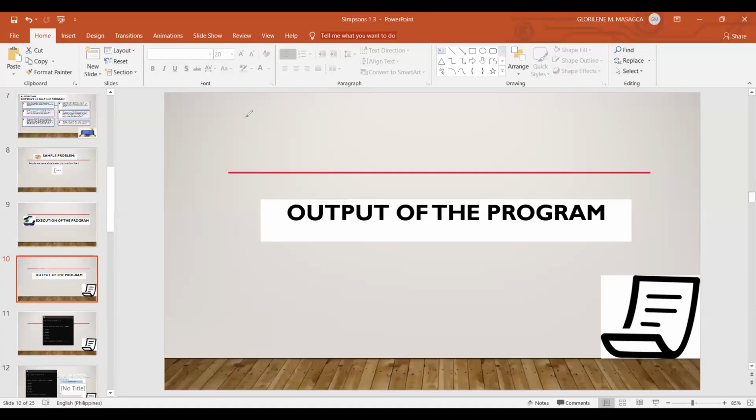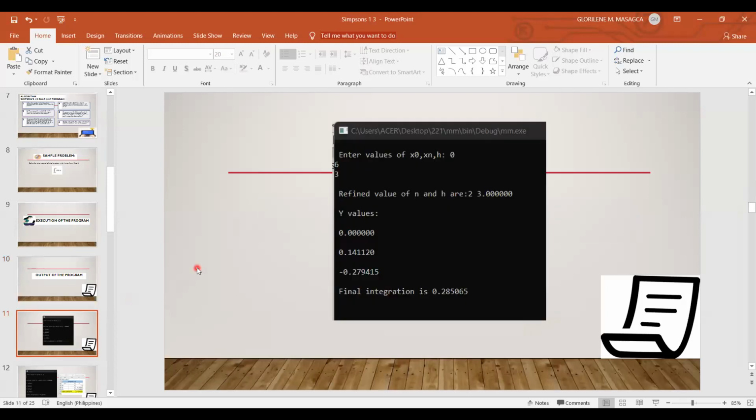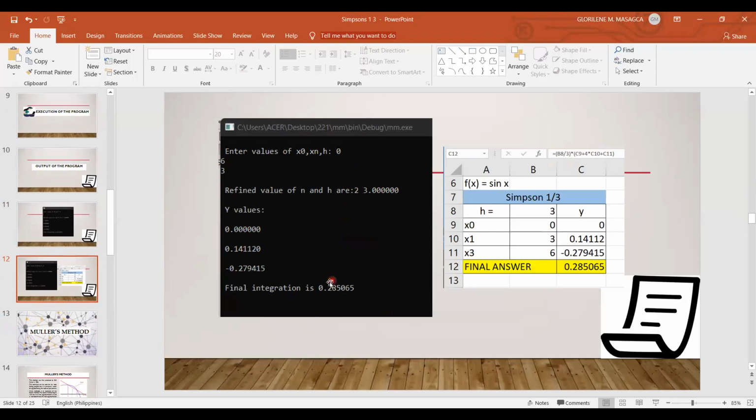So the output of the program is this one. After the execution of the program, we got these answers. So here is the final answer, 0.285065. So let's compare this final answer to the template in Excel